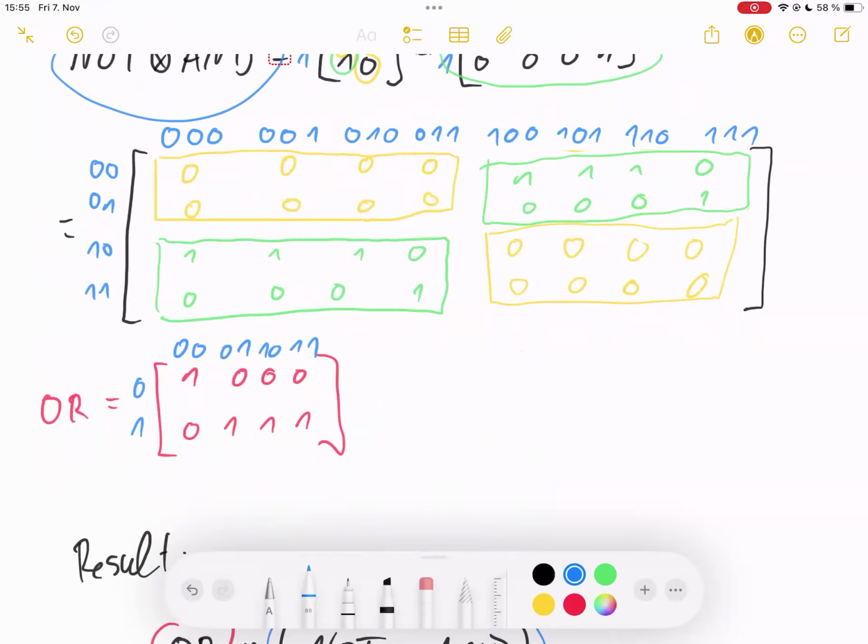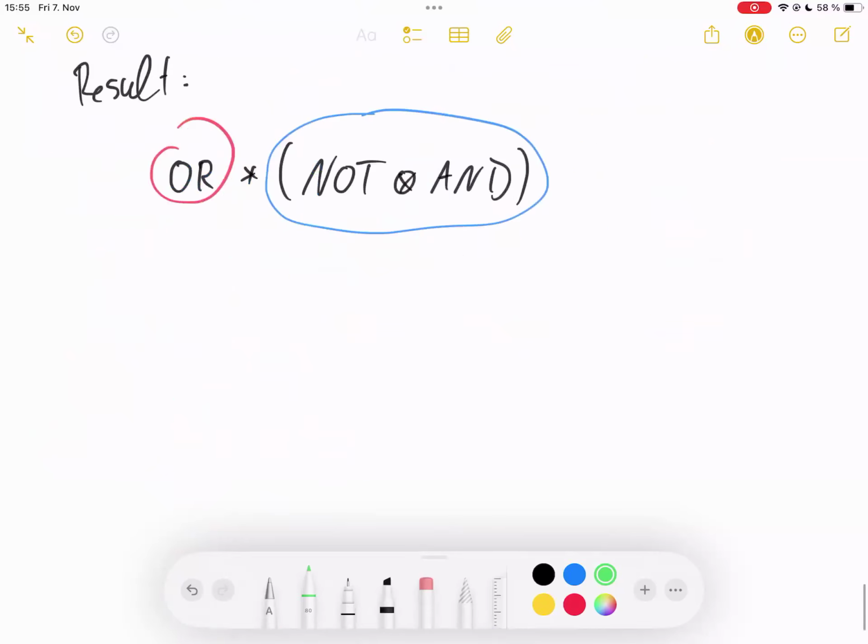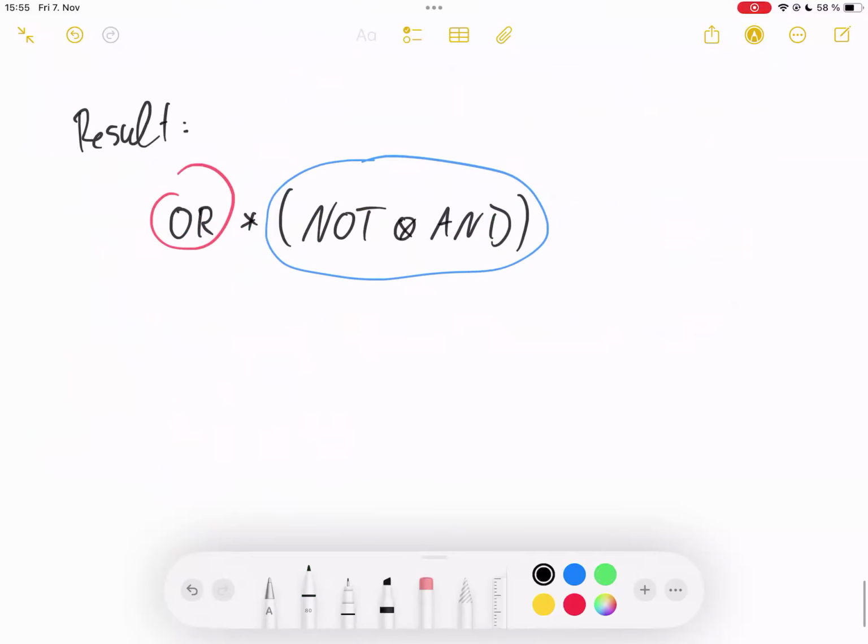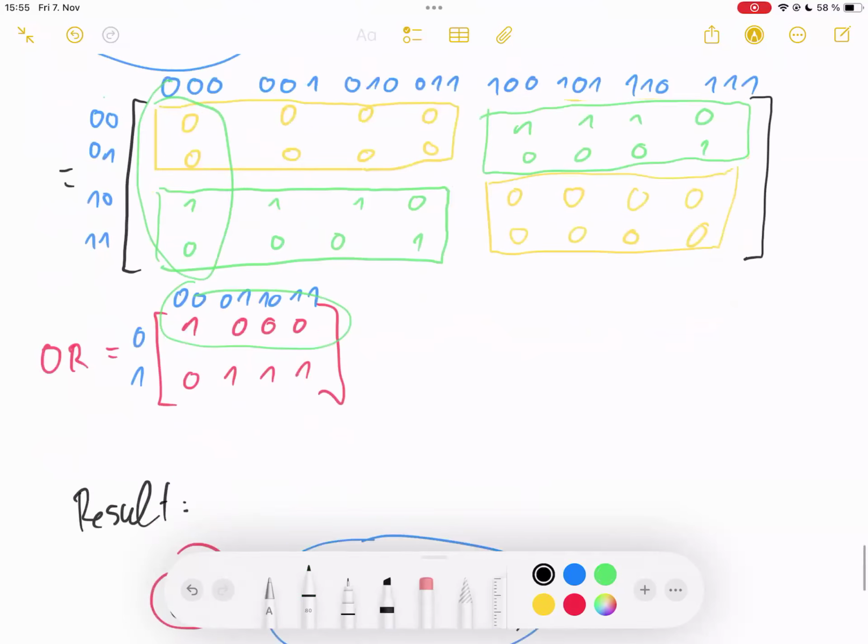And we can multiply because we see I have 4 entries here and 4 entries here. So I'm multiplying OR from the left. And if I do this, we can try this out now step by step. So the result matrix will be something like, the result matrix